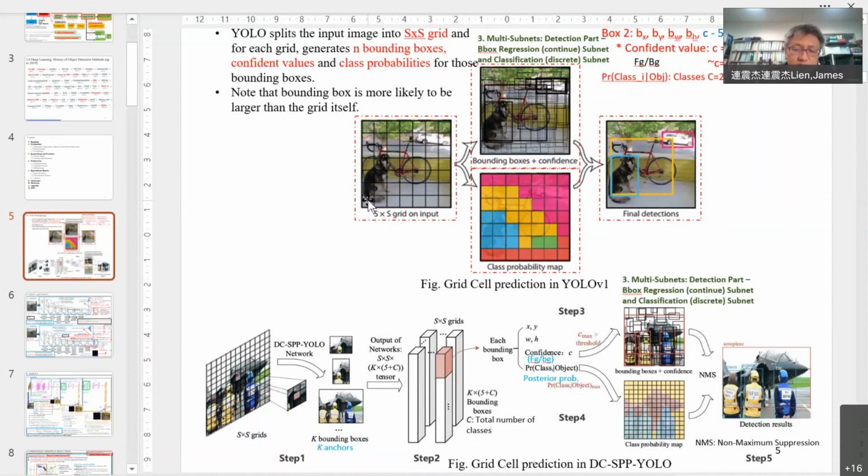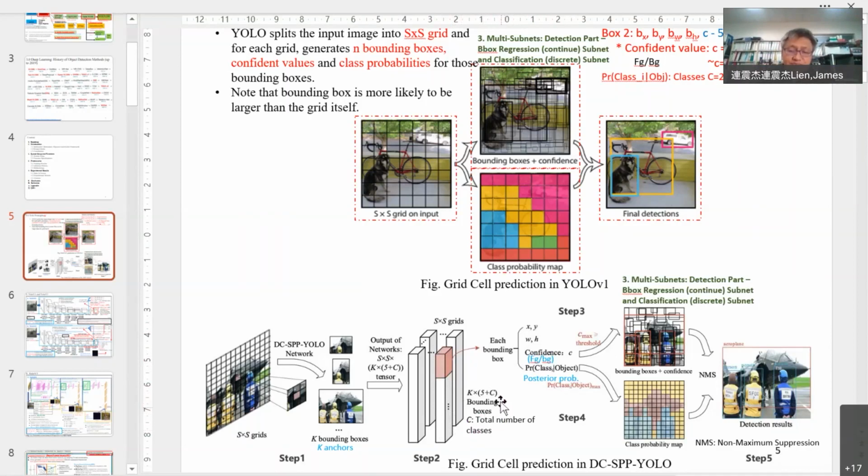Grid. And for each grid, because YOLO is for bounding box, you have an anchor box. The top left is an XY coordinate, and W, H, and confidence. So you have 5 parameters for one bounding box. So suppose you have 2 bounding boxes, then you have 5 times 2, or 10 parameters. And the rest of this is for total classes. So let's say C.